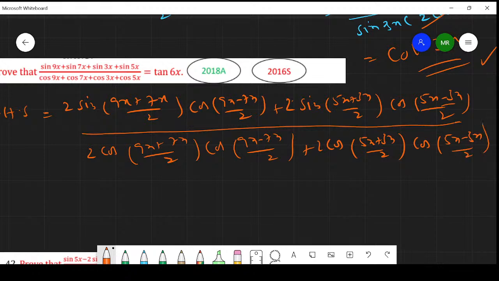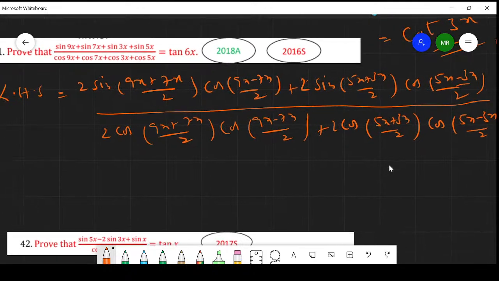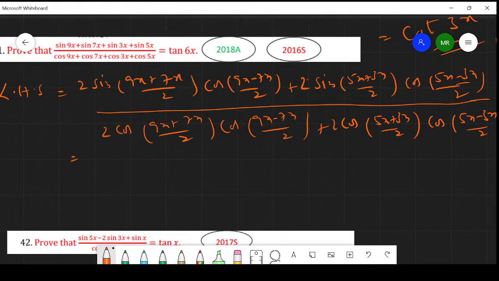See my handwriting, if you are not understanding, I am reading that. 2 cos (c plus d) by 2 cos (c minus d) by 2. In the case of 5x I have taken c and 3x I have taken d. You can rearrange that way. Now you will simplify. This is 2 cos (9x plus 7x) by 2, so it will come 16x, 2 cos 8x cos x, since (9x minus 7x) by 2 is x, plus 2 sin